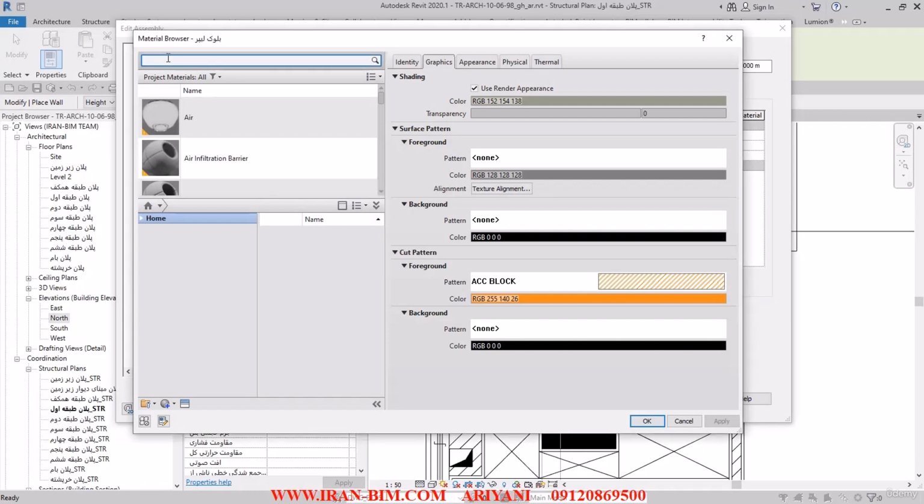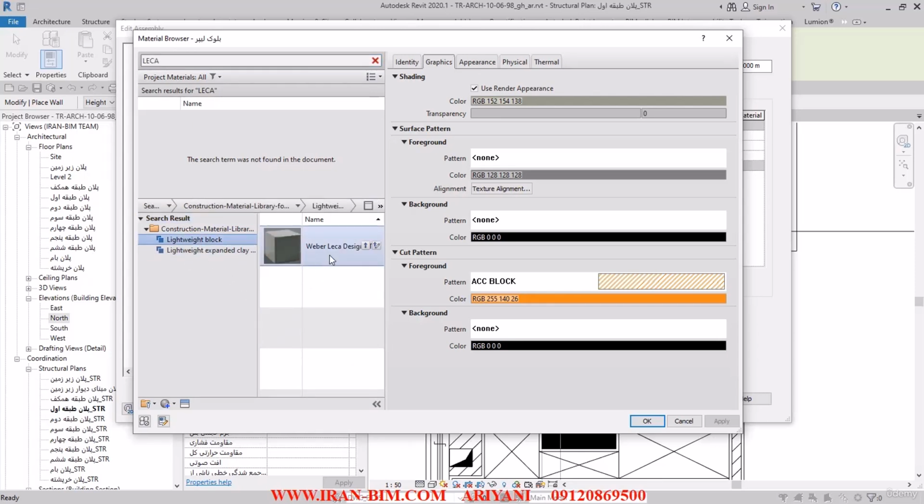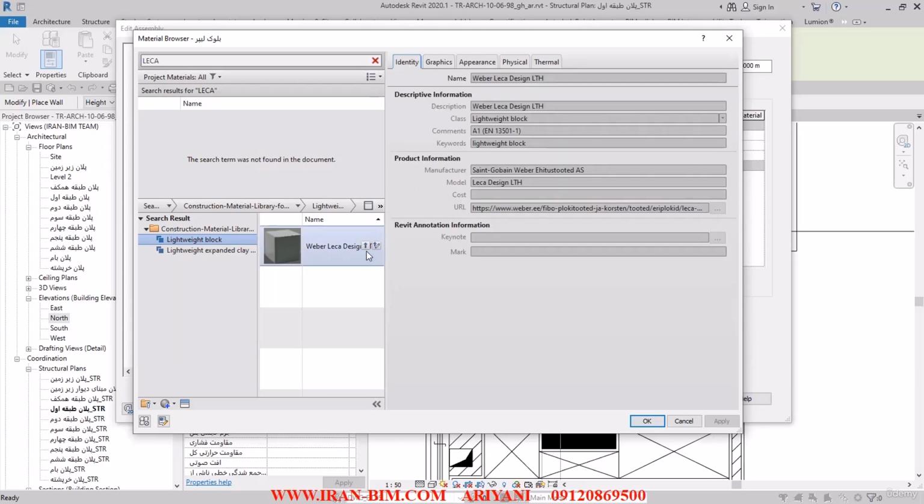So let me just do a quick search here. I'll just write Lika here, but I think Lika is in the Norwegian language, but I'm not sure what it means, the material or whatever it is. And here we have it. So I add this one to the upper section that we have here, and then I go to the identity